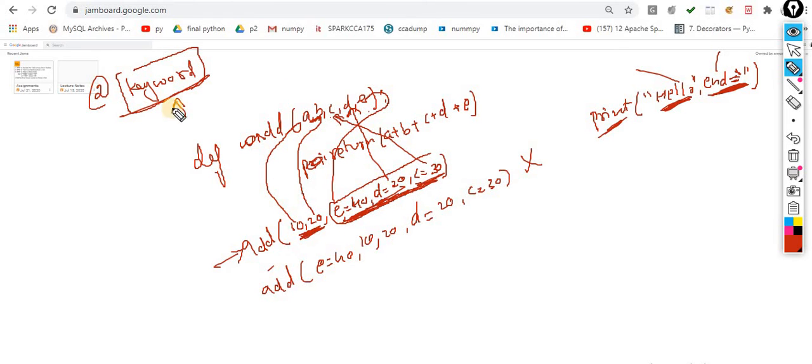So this one is the way of the keyword arguments. Here I define the value for the keyword argument exactly the same. The end is equal to this one; this becomes the positional and this becomes the keyword argument. The same thing I implemented over here. Yes, these are the acceptable values. So this concept is called the keyword arguments.